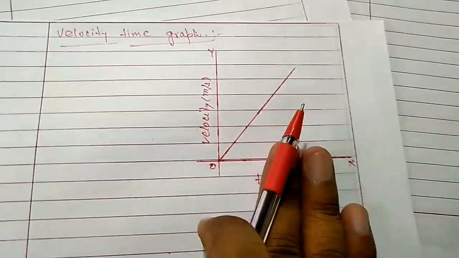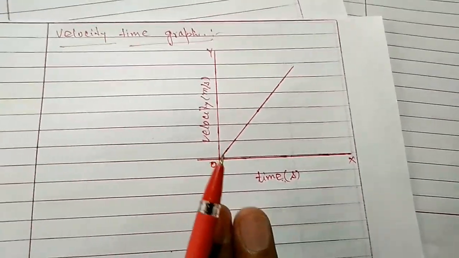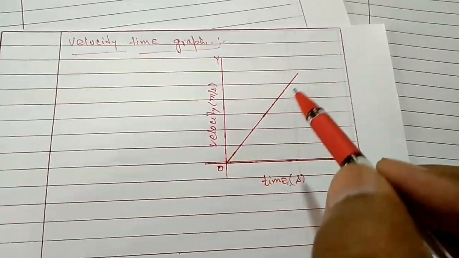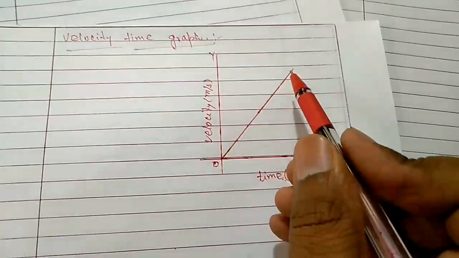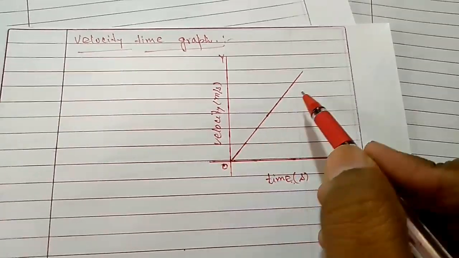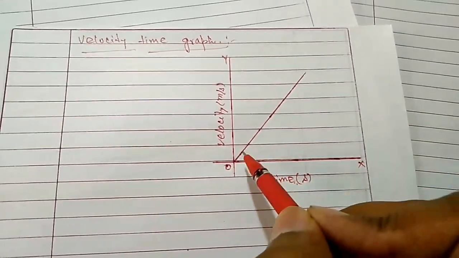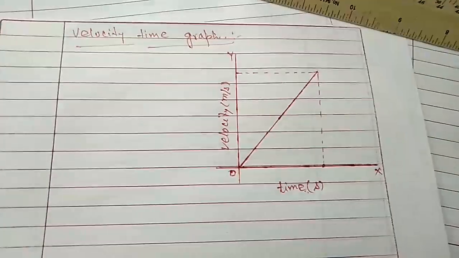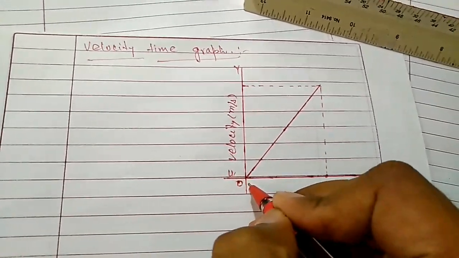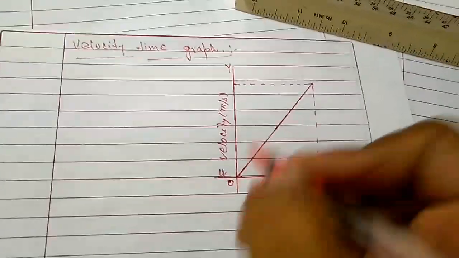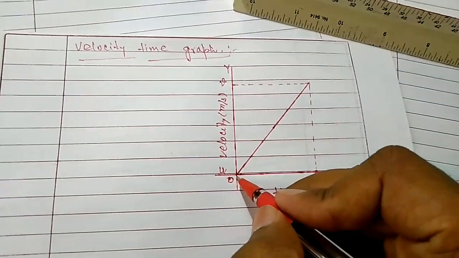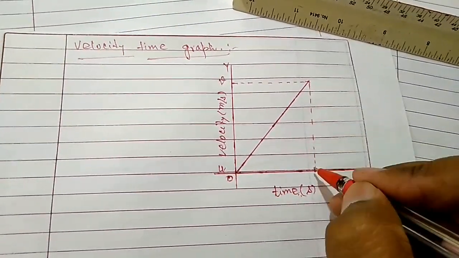If you remember, we have to find only two things: slope and area of the graph. To find the slope of the graph, we must point out two positions. So I'm pointing this point on the y-axis and this point on the y-axis, and in the same way, this point on the x and this point on the x. Let this point be the initial velocity, that is 0, we know that, but I'm giving the symbol of initial velocity, and this is the final velocity, say final velocity v. Initial time 0 and final time at this point.